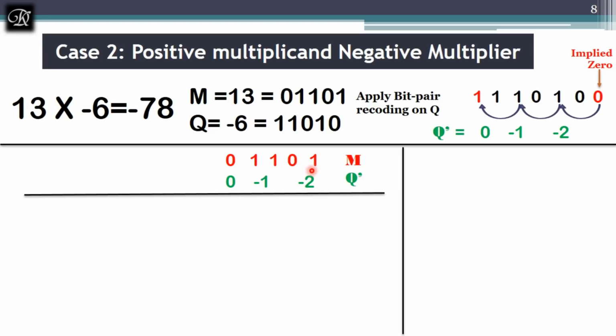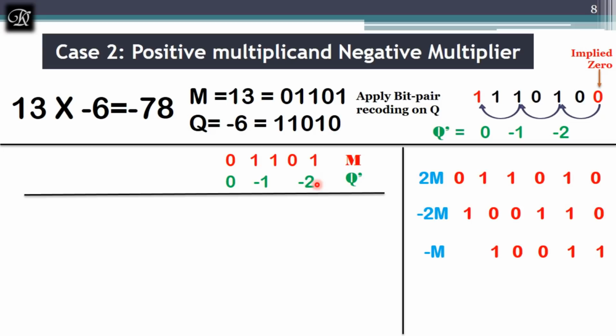Next we will see, as before, it is 13. If you multiply 13 with 2, it will become negative 26. I have told you previously how to find negative 26. And now I am having a multiplication with negative 1 also. It should be the 2's complement of 13. This also we have seen, how to get the 2's complement of a given number in the previous discussion.